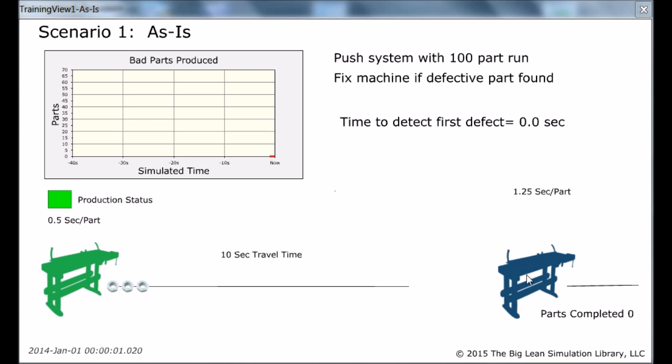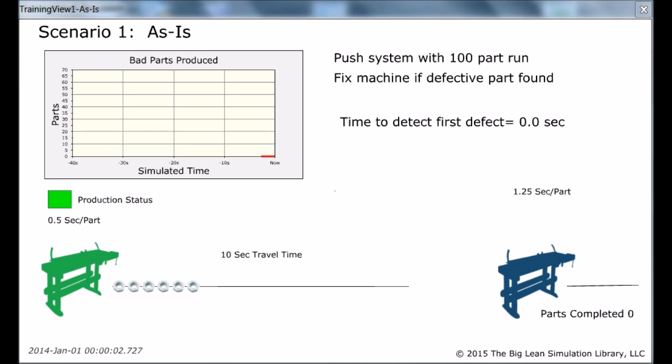And if the blue machine finds any defective parts that the green machine produced, it will immediately tell the green machine about it, and the green machine will correct the problem. So we're interested in how long it will take before we detect the first bad part on the blue machine, and also how many bad parts would be produced. In this particular model, I've got it set up so that the green part will start producing bad parts after the 30th part. So let's go ahead and run the model,